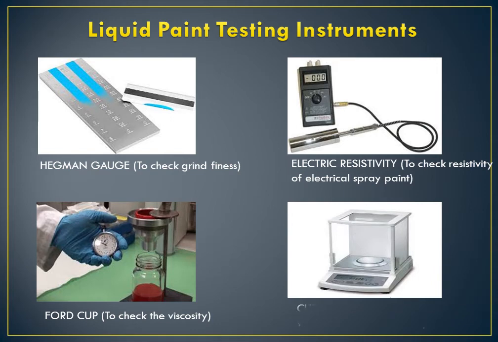Then the fourth one, a chemical weighing machine. Sometimes for CED in a paint shop, we check the solid and ash content. For that we use this special kind of weighing balance. It is fully closed and has very little variation, so it gives very accurate readings, and we can calculate solids with it.